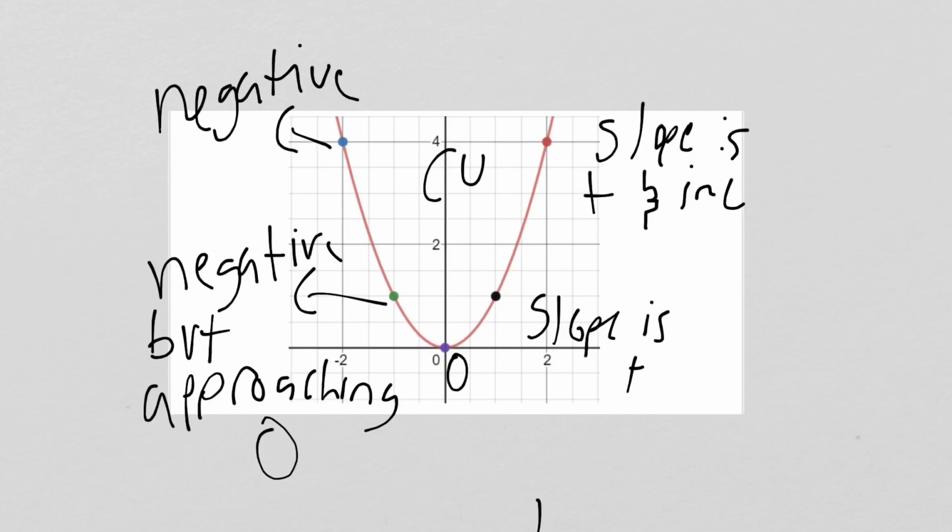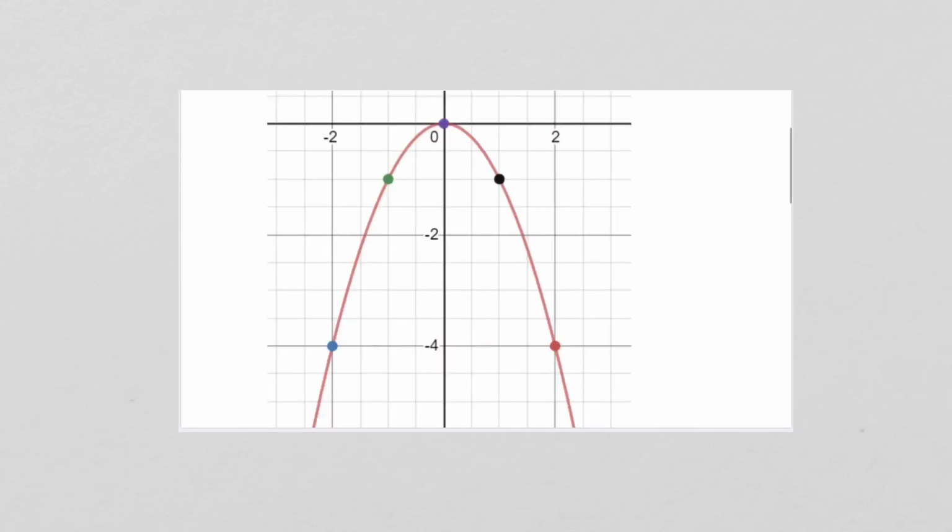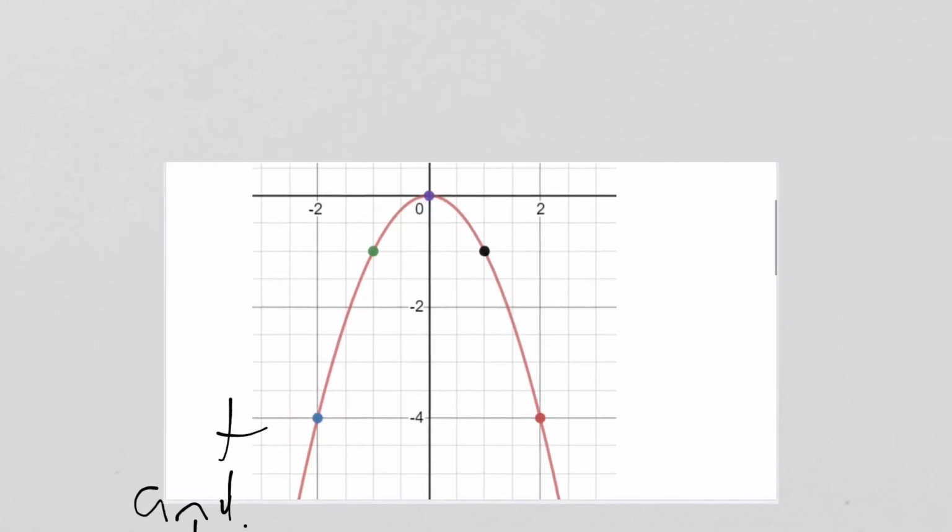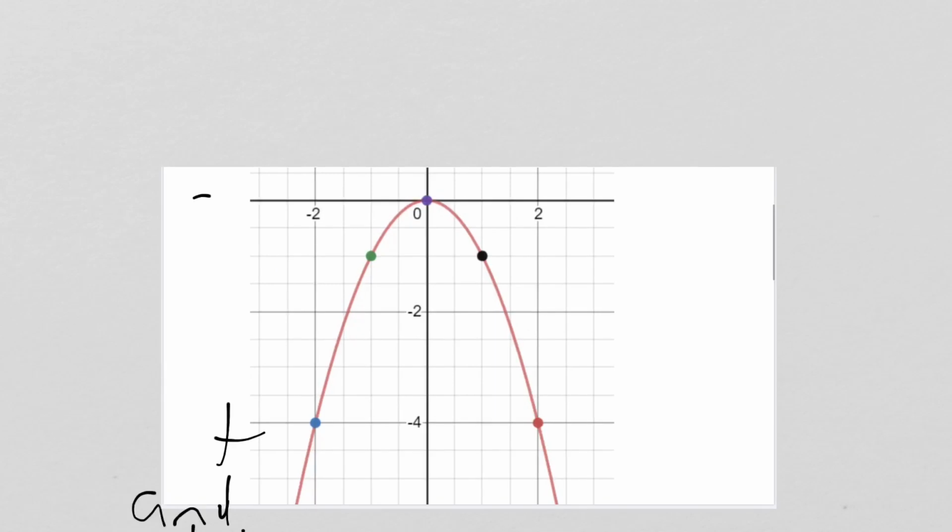Okay, so let's look at a concave down graph. This graph is concave down, and we want to do the same thing. We want to look at what's happening to the slope over time. Okay, slope is positive and big at the beginning, right? Because it's a steep function that is increasing. And at the green points, the slope's still positive,